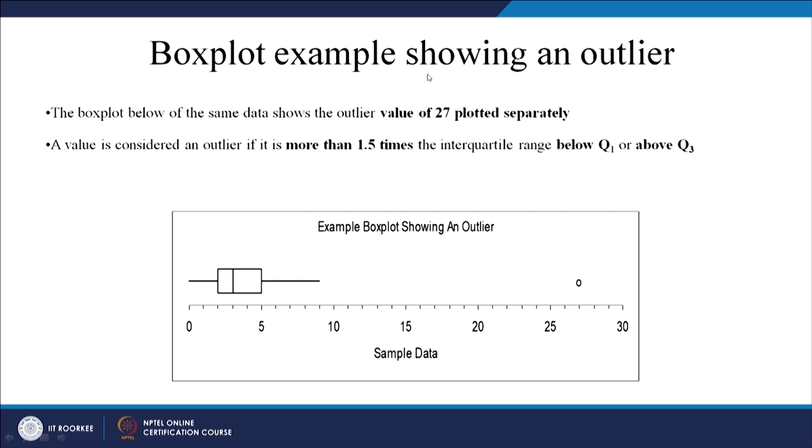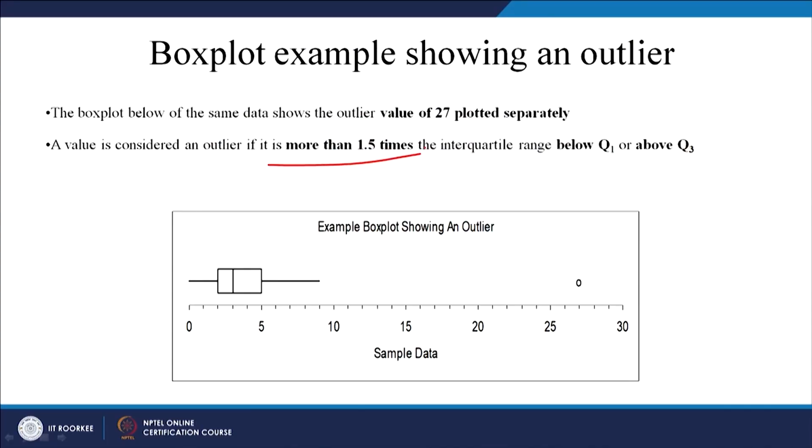In fact, apart from knowing the shape of the distribution from a box plot, you can get one more piece of information: how many points are outliers, or which points are outliers in a data set. That can also be known from the IQR, the interquartile range. So, here you have got some data points, so you can easily draw a box plot. Let's see how to calculate outliers in a data set.